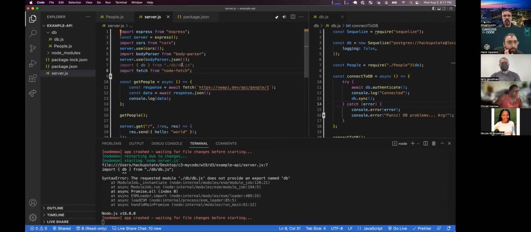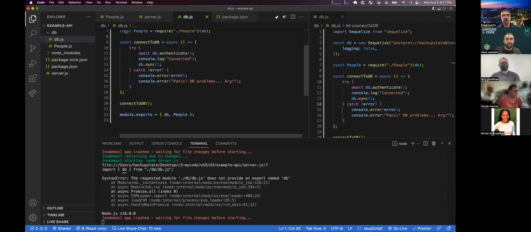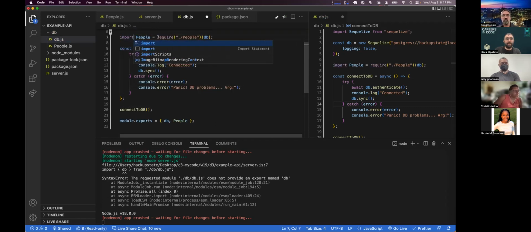And now the problem is that our db.js does not export db. Import. So we need to change all of these as well. If you're not following along with this at this point, it's totally fine. I get it. This is all a requirement because